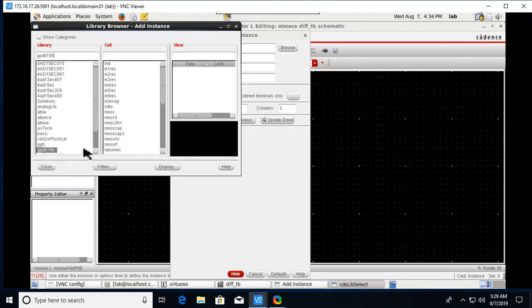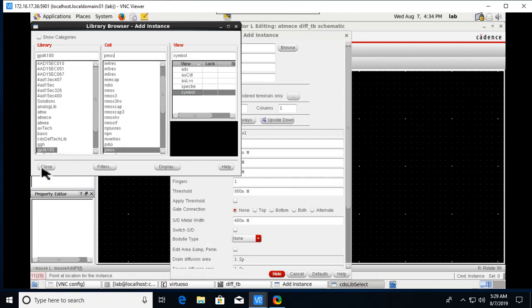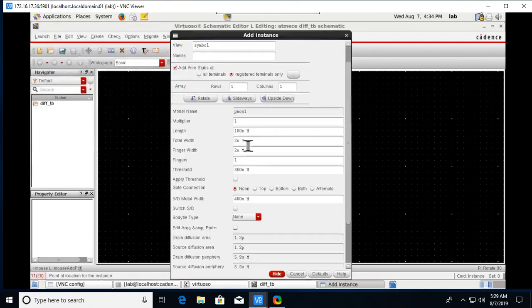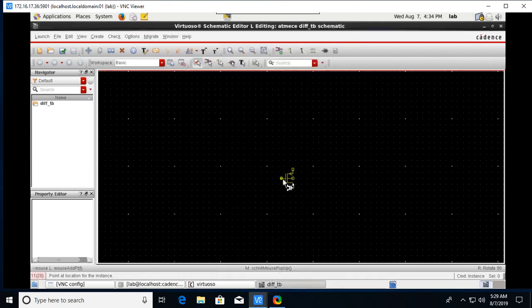GPDK 180, and we need two PMOS for that one. PMOS, and we need to change some parameters here. So length is 1 micro, width is 15 micro, okay. And one thing you need to observe here, in the differential amplifier is the direction of the source